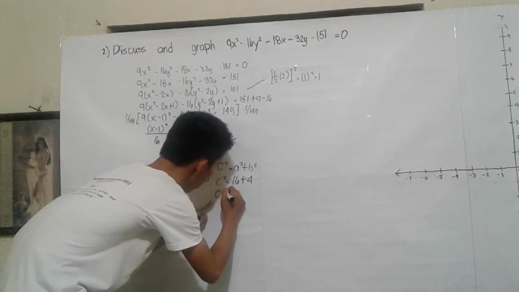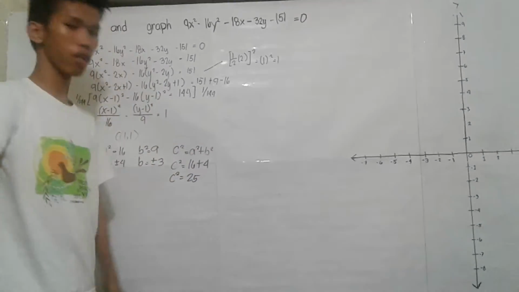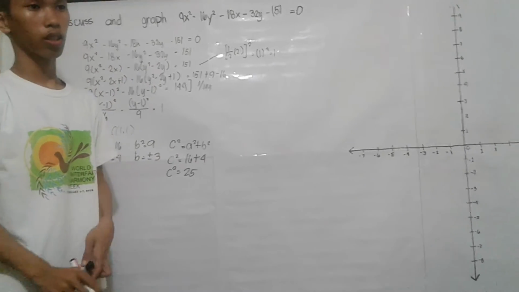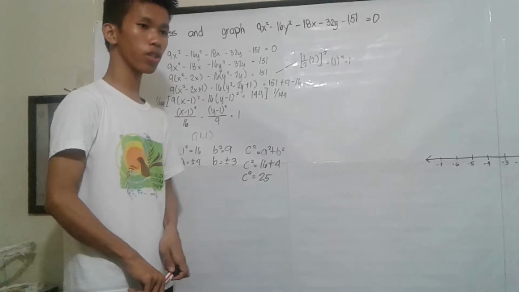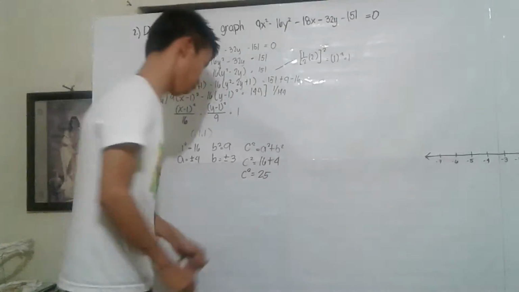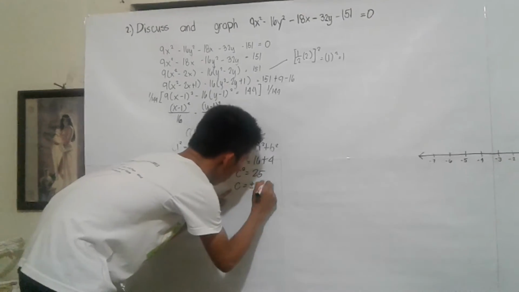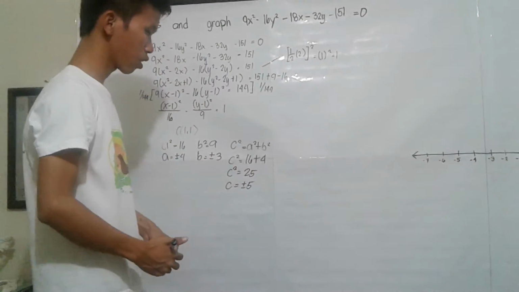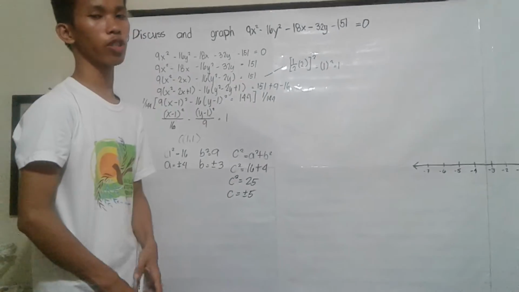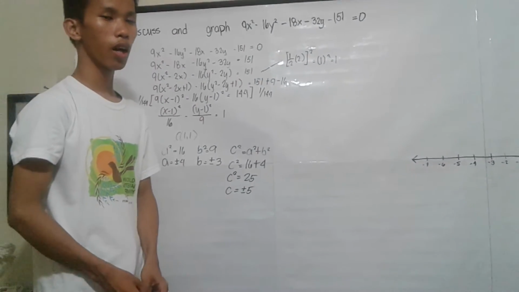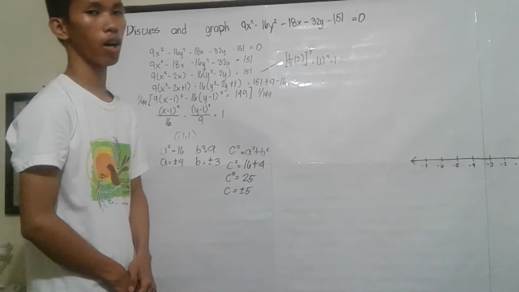So c squared is 25. Then the square root of 25 is 5. So c is equal to plus and minus 5. So through these values, we can find our vertices, foci, and points of our conjugate axis, which is in the